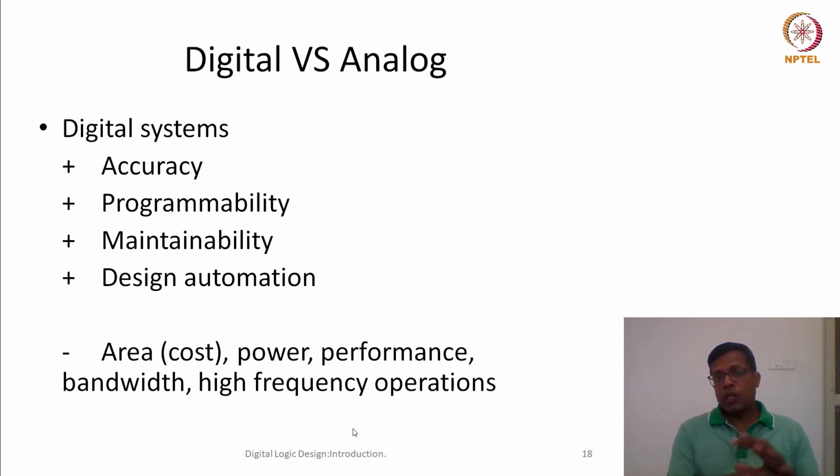So the conclusion of this slide is essentially that although most of the systems are going toward digital, if I require very area efficient and very high frequency, very high bandwidth operation, then it is still done using analog circuits. For example, your amplifiers, your input output circuits, and your RF receivers are analog in nature and will remain analog in future also. Design automation, or huge quantity, we'll see.